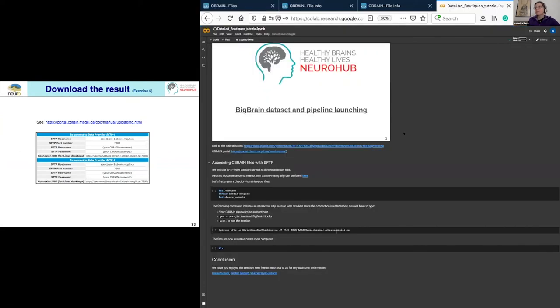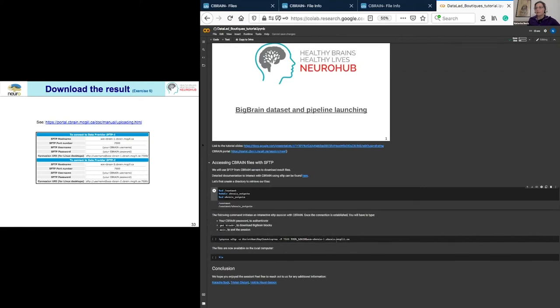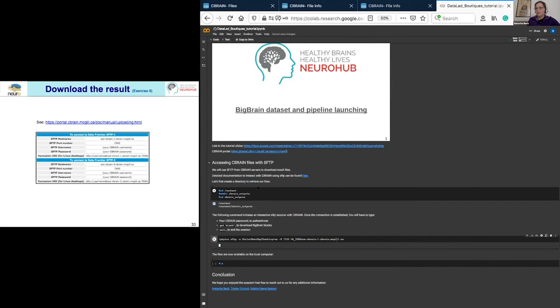I have the information in the Python notebook too. So you just need to run this cell. This cell will just create a CBrain output directory inside the content, just to keep things clear at the end. And here you will execute the SFTP command. Your login, obviously, is your login, not mine. It's HB9298 for me, but it will be whatever you have as a login. So now you can connect to it.